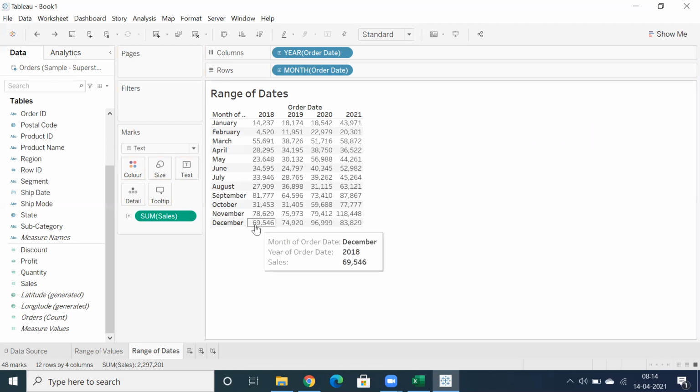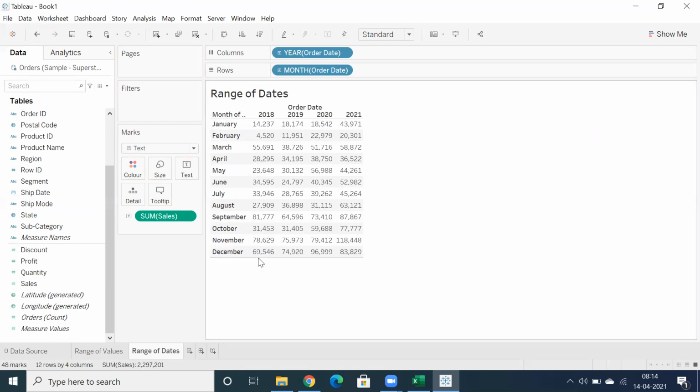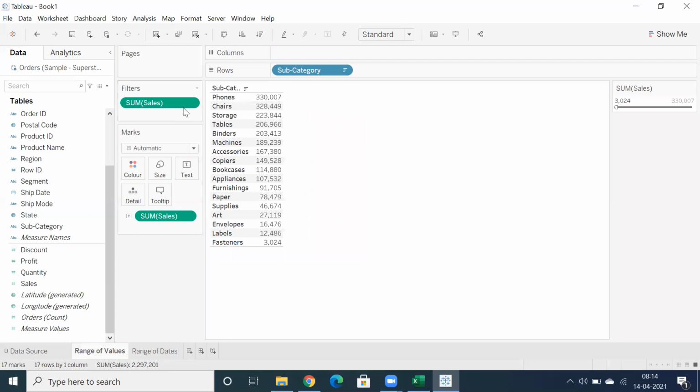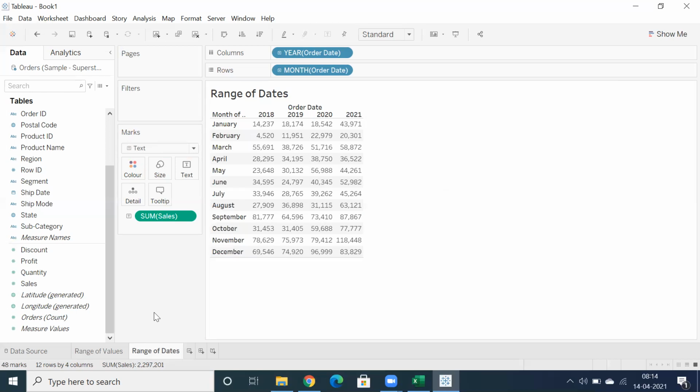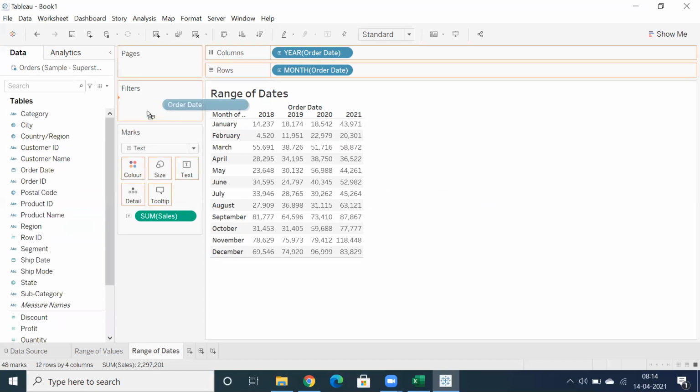So now what I mean to say is we have filters on measures, we have filters on date. You remember filters on measures, we have range of values. The functionality is we can select minimum and maximum value. Let's say go for range of values. Now in the same way, whenever you drag and drop order date into filters,